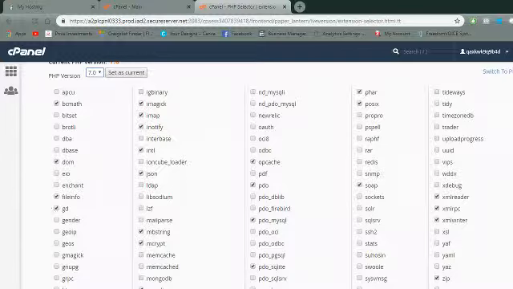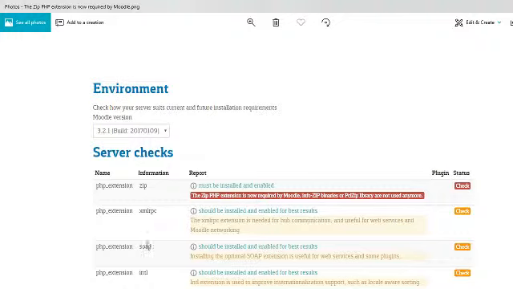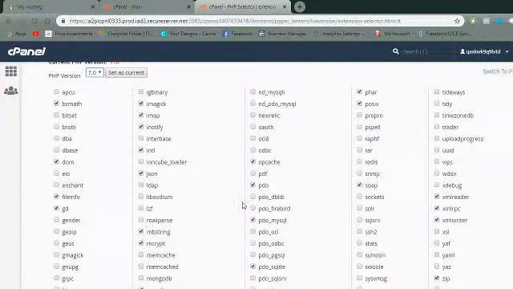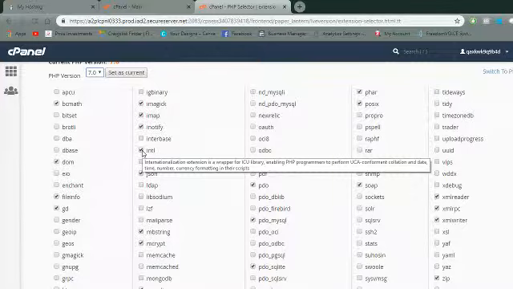Now, if you have more extensions that it shows, for example, in this picture here, like INTL, so INTL is already checked on mine, but if you're using